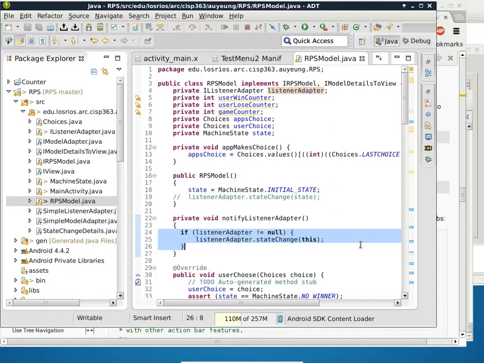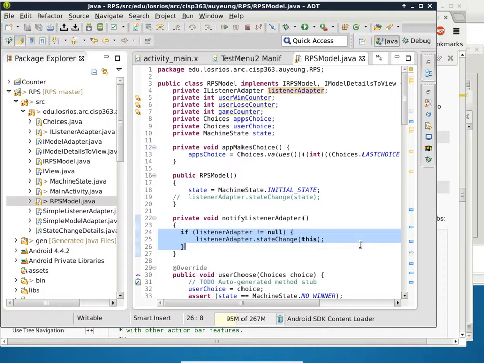The most important part is we're separating the view, which is what it looks like, from the model, which is the logic of running this particular application. And in between, we have adapters. So the view doesn't call anything in the model directly. The model does not call the view directly. And that interchange, the layer in between, the adapter, allows you to make the application more complicated later on